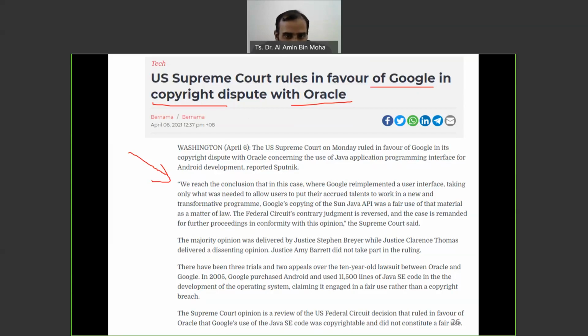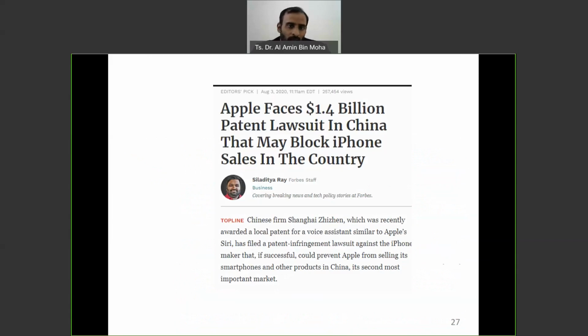Here, the court ruled in favor of Google in its copyright dispute with Oracle concerning the use of the Java application programming interface for Android development. What else? Apple faces a 1.4 billion patent lawsuit in China that may block iPhone sales in the country.